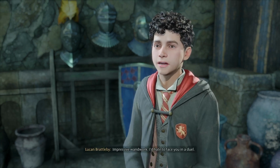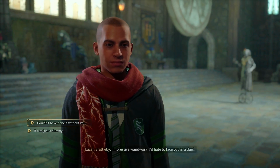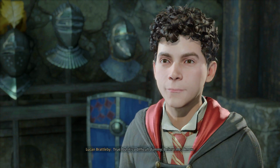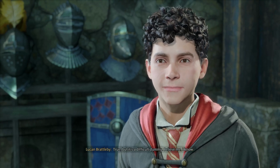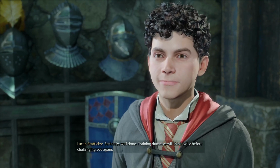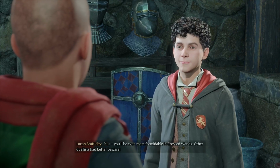Impressive wand work. I'd hate to face you in a duel. It was only a training dummy. True, but it's a difficult dummy. Believe me, I know. Seriously, well done. Training dummies will think twice before challenging you. Yeah. Plus, you'll be even more formidable in